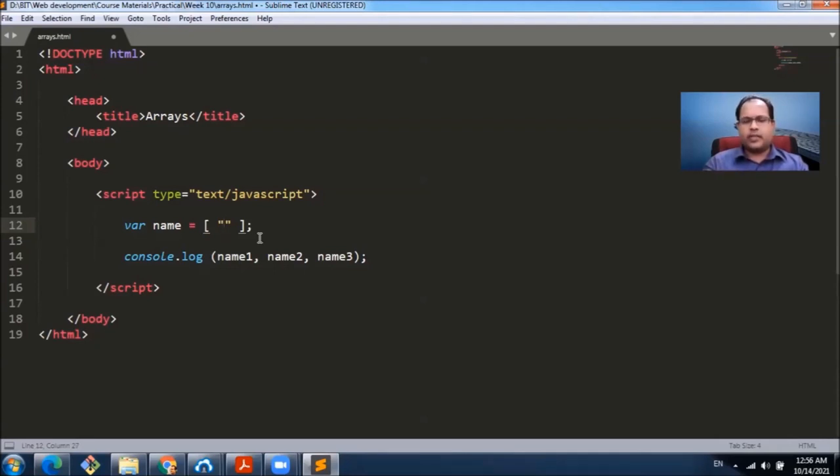Let's put the same names, Saman, then put a comma, Amar, comma, and then Sita. Right. Now here we will output only one variable name, that is, let's rename it as names. Okay, so let's log the names variable.